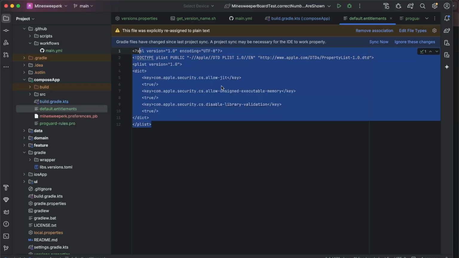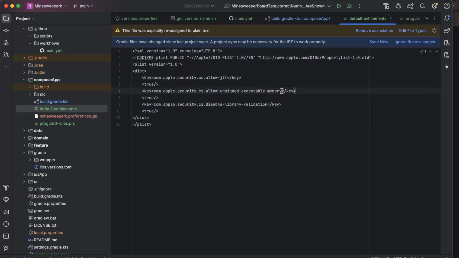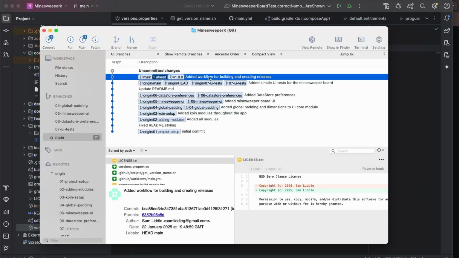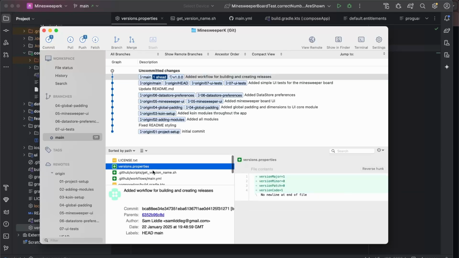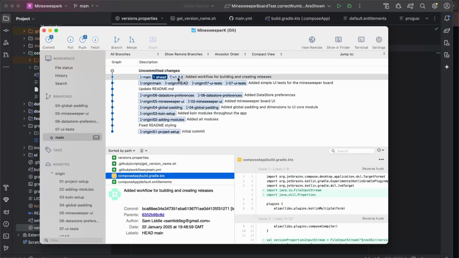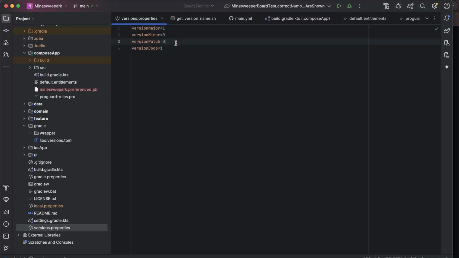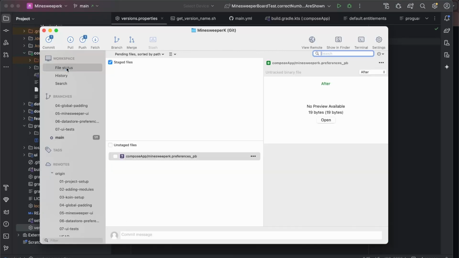And this is what I've found I need for my project. Just Google these strings if you want to read what they do. So I've created a commit with all the changes we've just made, and I've tagged this as v1.0.0, which matches what we've got in the code. So now I'm just going to push this,